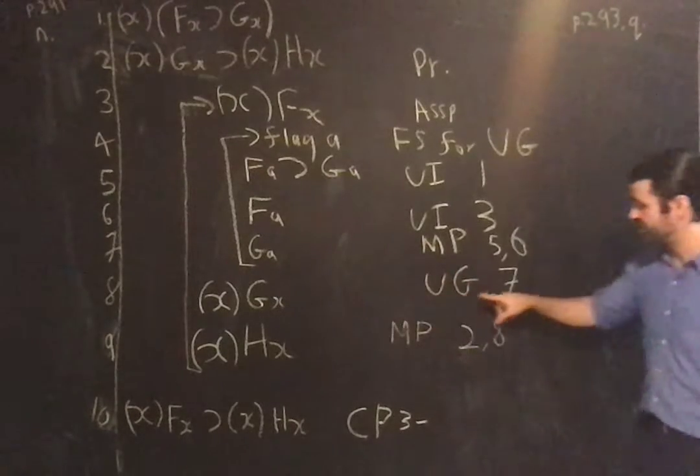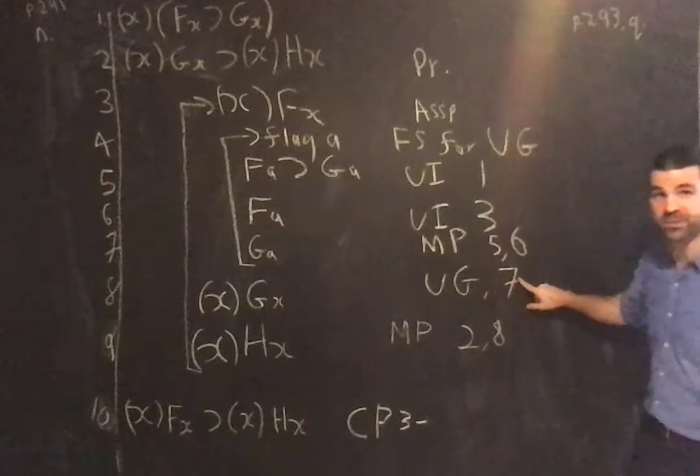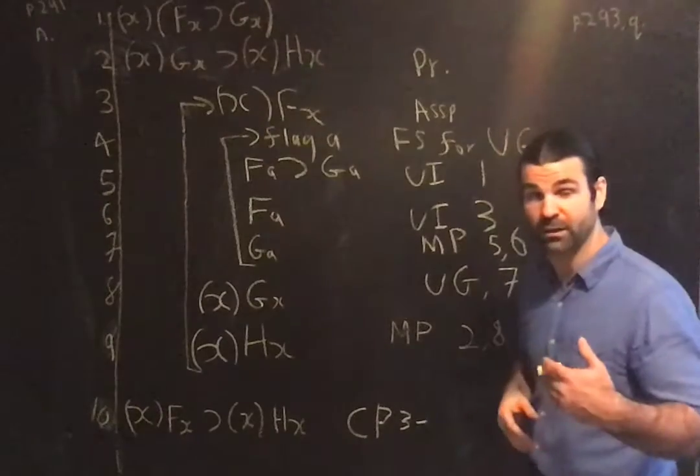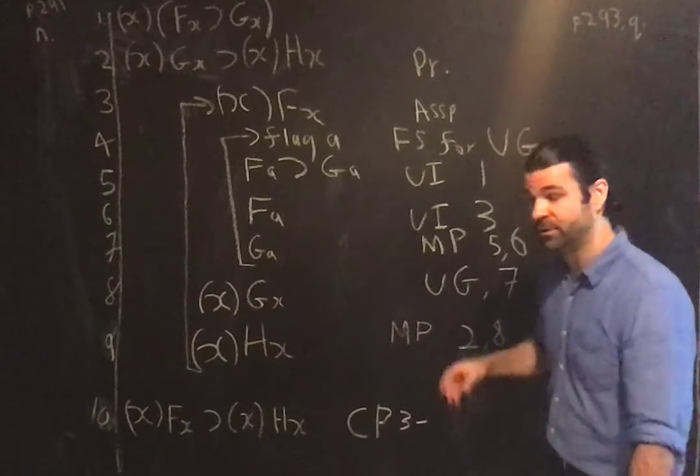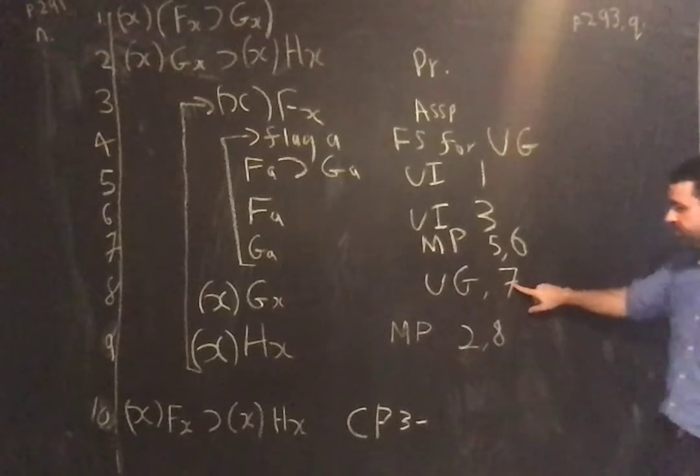So the UG is legitimate. We now fill it out, UG to 7, right? Don't forget to complete the annotation of your proof, right? UG 7, thus